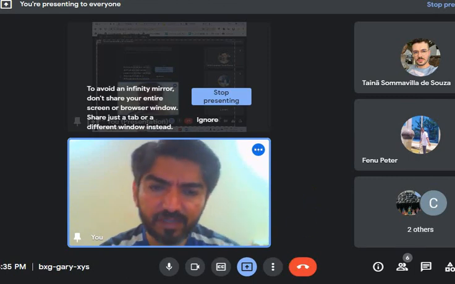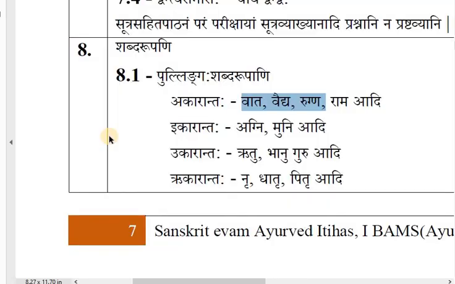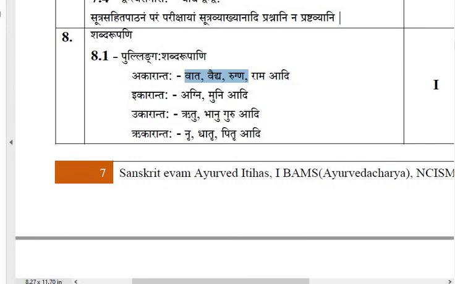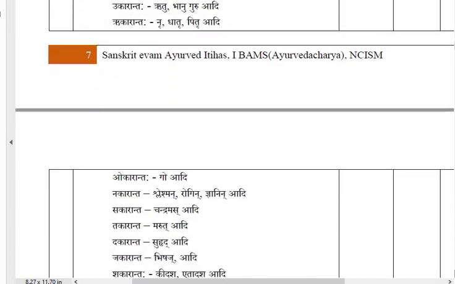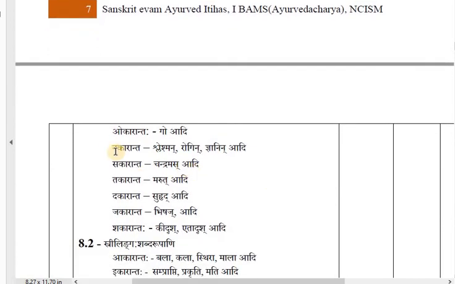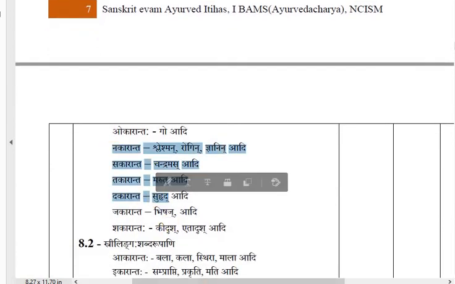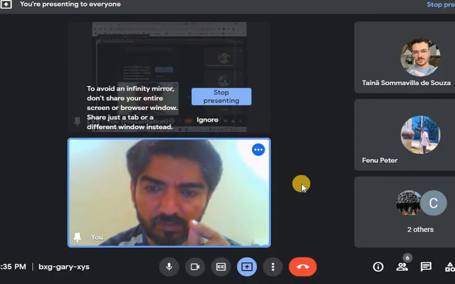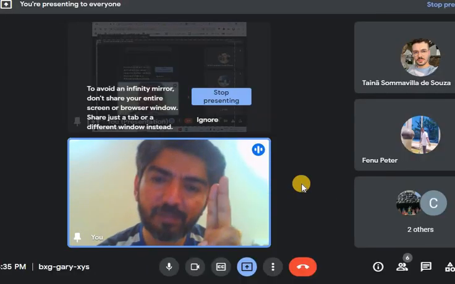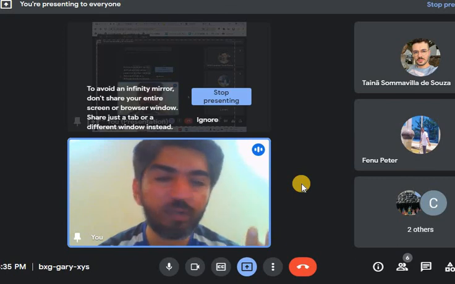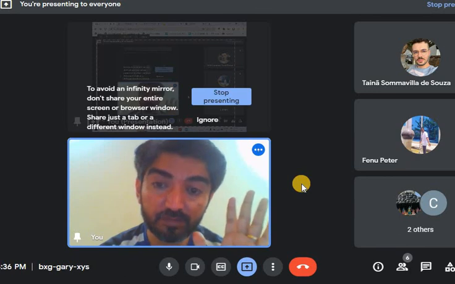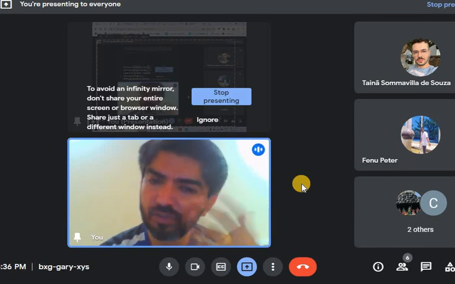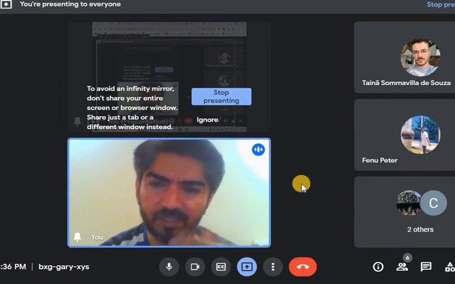And like this we can discuss this topic, Shabdaroopa, o ending, e ending. Obviously we are not going to discuss all the noun forms given here in the syllabus, but now you get an idea: o ending, e ending, here we have consonant ending. Then we don't need to discuss each and every form. You will need only the table, no? You will need the i ending, u ending, ru ending tables. That I will provide for your reference in future. Okay, so you can remember with time by reading and speaking it.